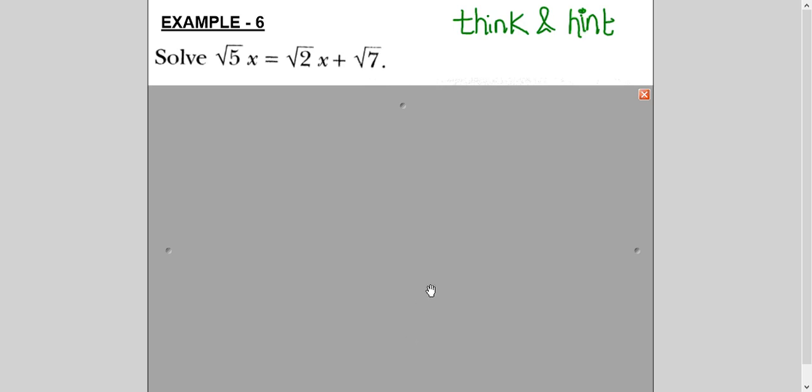Now, this question is for you to think about how you will solve it. It looks different from what we have done so far. Is it? No, it's not actually. So I'm just giving you a hint. After that, I will show you the solution. I'll not explain it. This is just extra practice here. And then I will solve one last word problem.